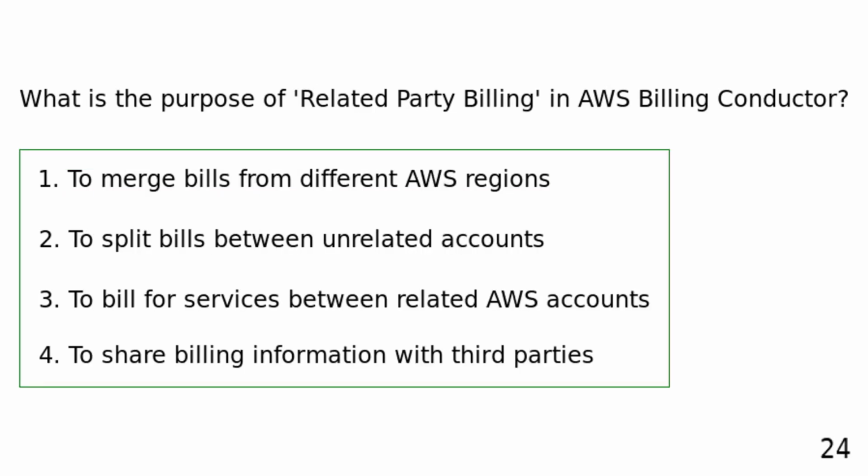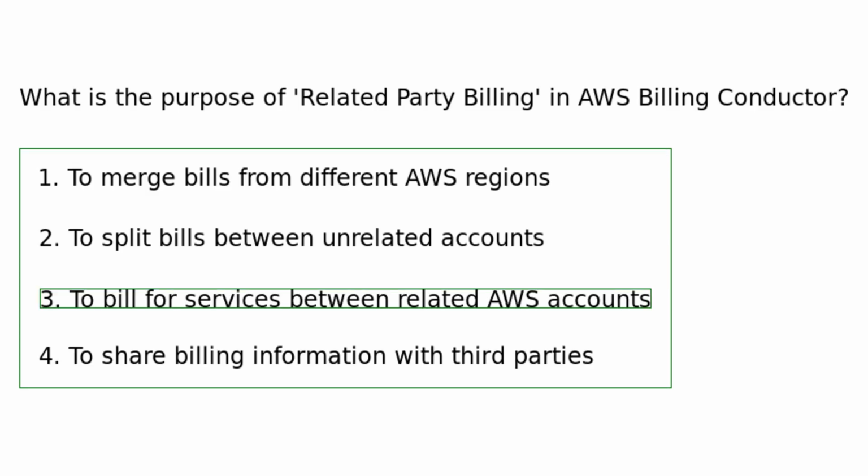What is the purpose of related party billing in AWS Billing Conductor? To merge bills from different AWS regions. To split bills between unrelated accounts. To bill for services between related AWS accounts. To share billing information with third parties. Related party billing in AWS Billing Conductor allows for billing services between related AWS accounts, facilitating internal cost allocation and